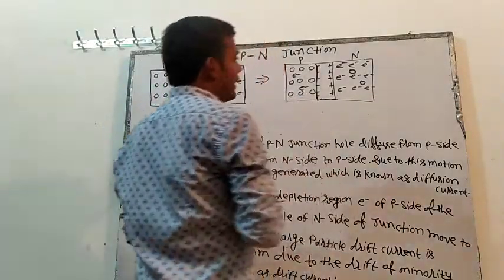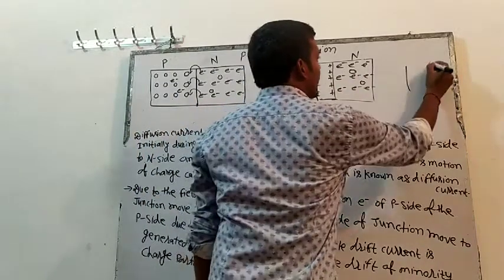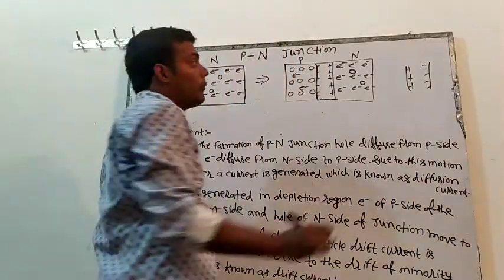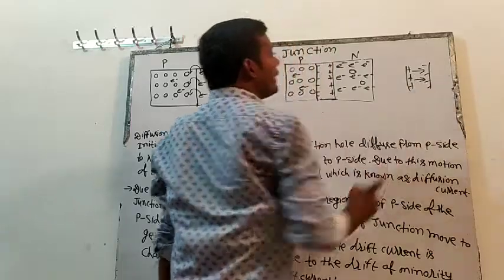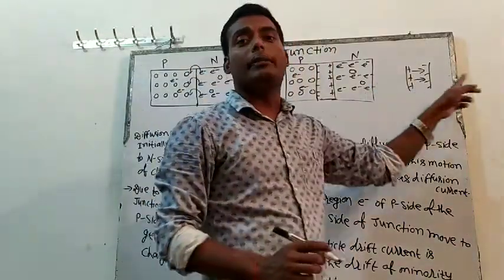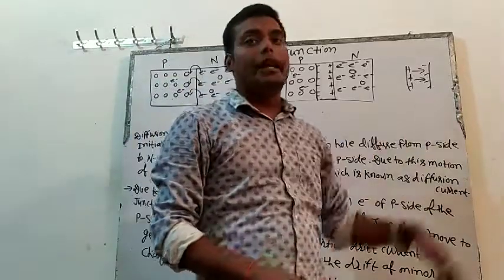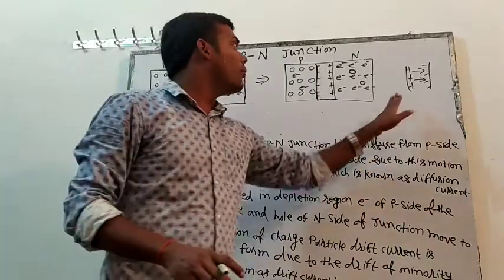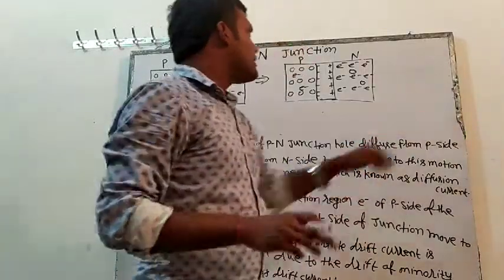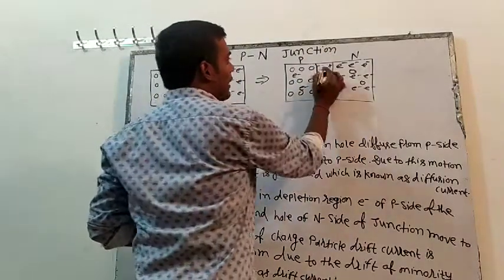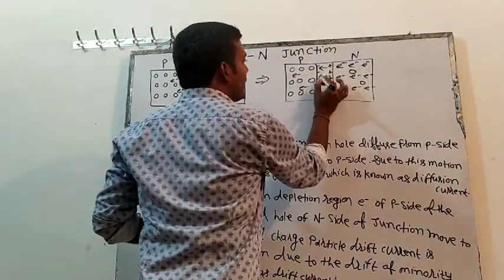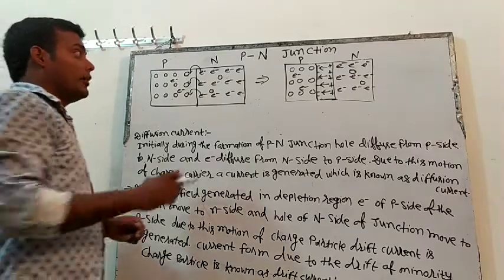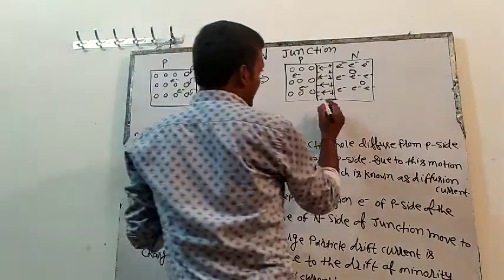And since this charge is generating, in the capacitor also you were seeing that if there are two plates, on one plate there will be plus and on the other plate there will be minus, then an electric field will be generated. The direction of electric field is from positive charge to negative charge. So since positive charge is generated here and negative charge here, the direction of electric field will be from positive to negative. So an electric field is generated in the depletion region.